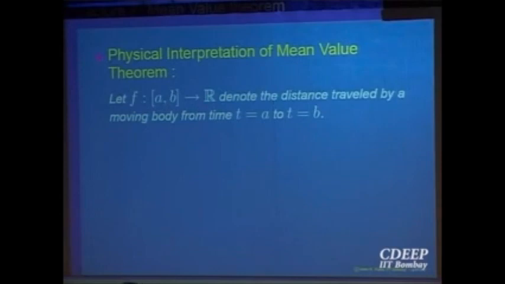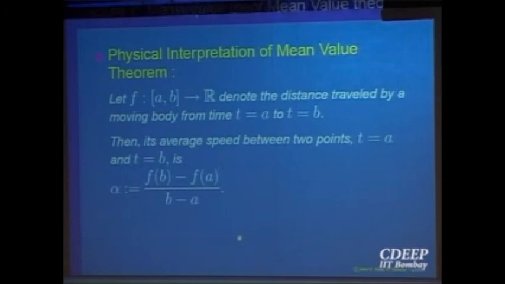And what does the mean value theorem say? That the average speed must be equal to f prime at some point c. And what does f prime indicate? That is the velocity at time t equal to c. If you have accelerated from 0 to 100, and the average speed, say, is 10, then at some time point your actual speed should have been 10. That is the physical application of this. So the average must be equal to f prime.